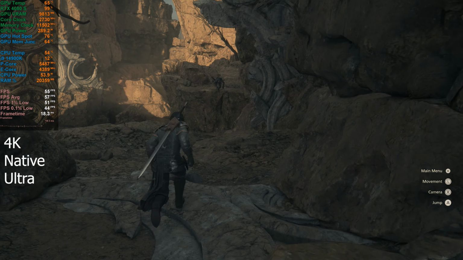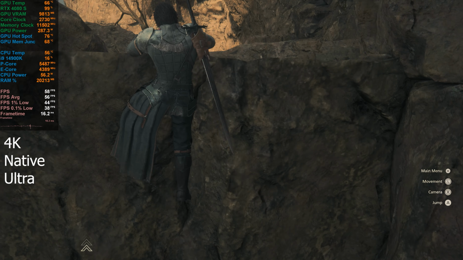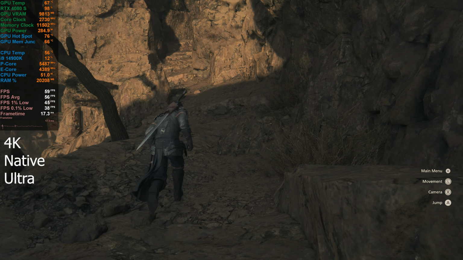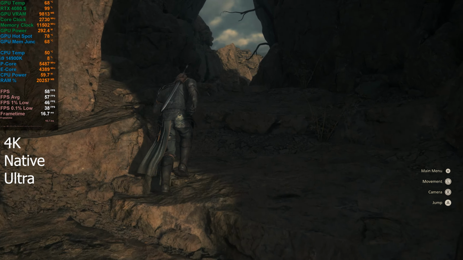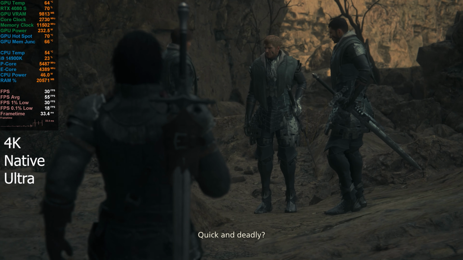Let's keep going, see how it goes. We need to keep running through here, I think. See if we can break 60. It doesn't look like we'll quite be able to. I saw 58 there. Oh, I did see 60. It's obviously still a fairly heavy game, but at least we're hitting 60 at native. Just about. You know, average is going to be slightly less, but...